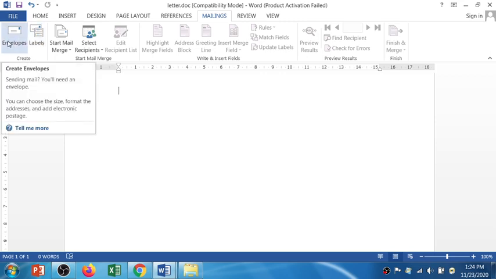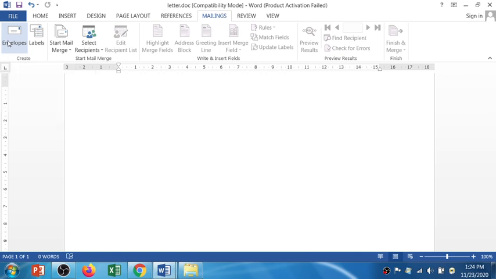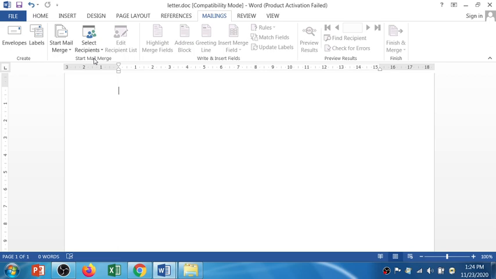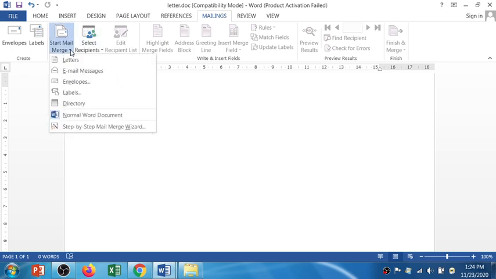If you want to create an envelope, you can design your own envelope and take a printout. For that, you have to add the envelopes, the ready envelopes, the plain envelope, right? Let's say the white paper envelopes in the printer, and you can make it print out. Print on it. The same way you can create the labels. So the first way that I'm going to discuss with you is the step-by-step mail merge.